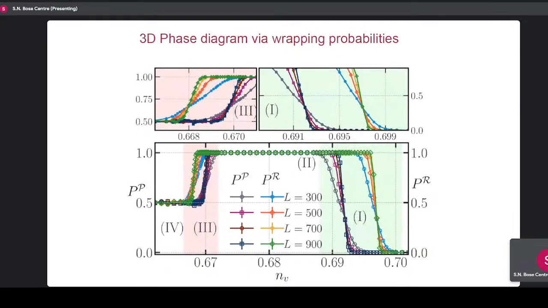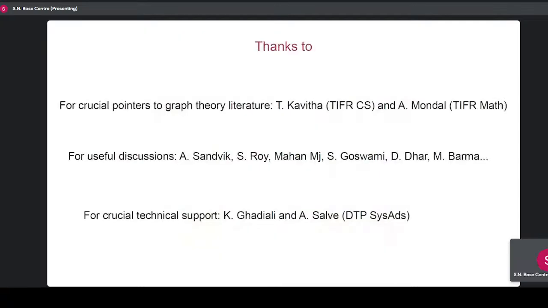And let me just stop by showing you the 3D phase diagram and inviting questions on it. Because we've done a lot of work. This is almost baroque, the phase diagram, but I don't have time to talk. But let me also flash. No. Thank you.